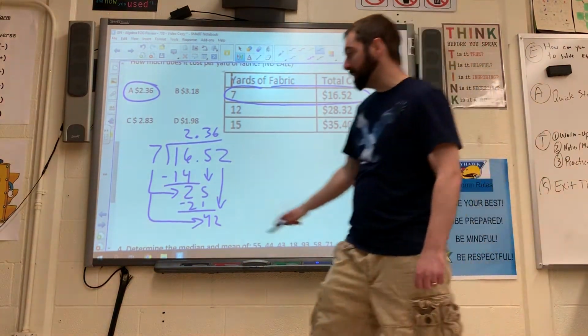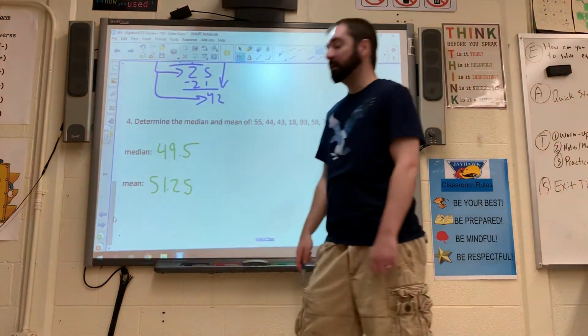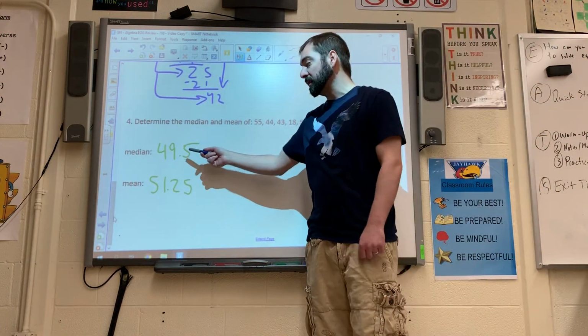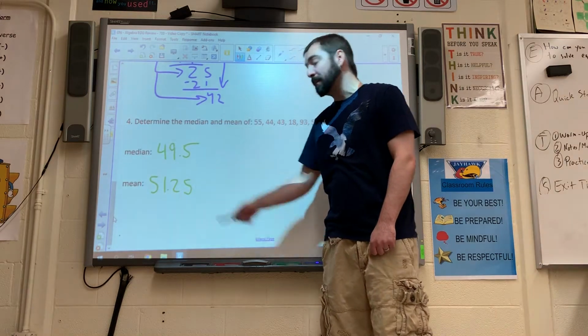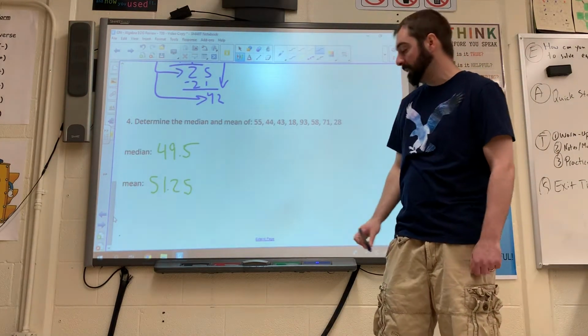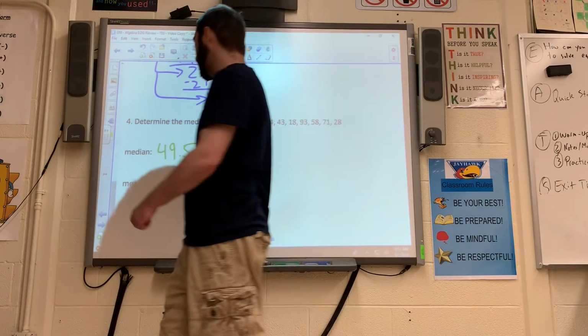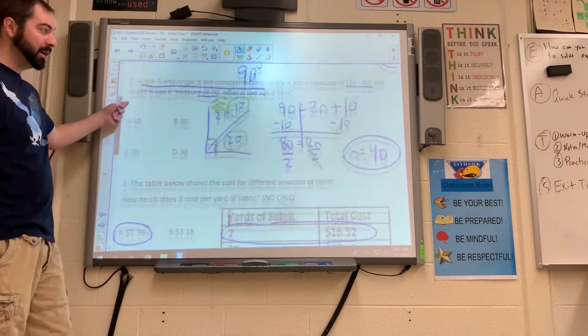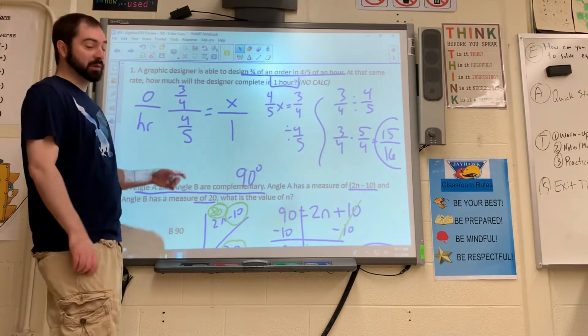And last one, mean median. Again, making the list, going through, locating the mean. The mean is 51.25. The median is 49.5. Done, warm up right there. Make sure that you've taken your notes. If you got to go back through and copy any of them, make sure you do so before you start